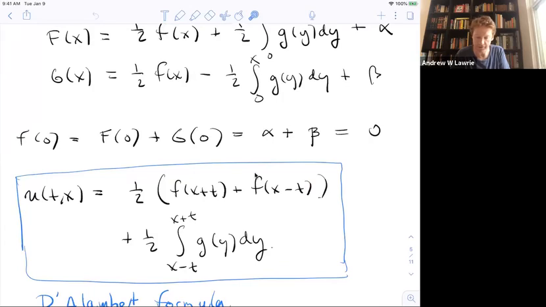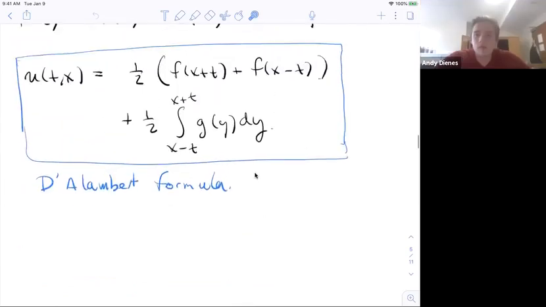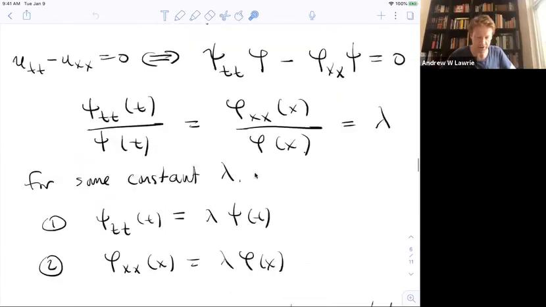The solution was given by taking the initial position of our wave, translating it in space to the right and to the left at time t, and taking an average of those two, and then taking some type of average of the initial velocity as well. So it did appear here, but you're right. Then when we tried to start solving by Fourier series,